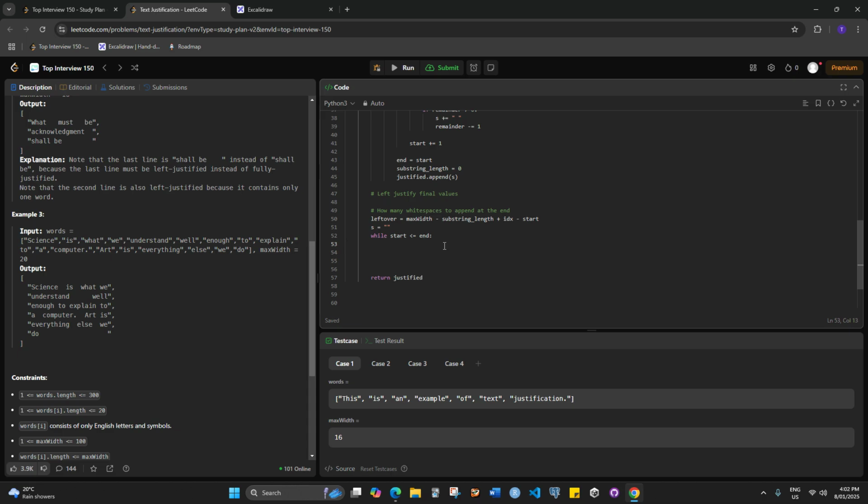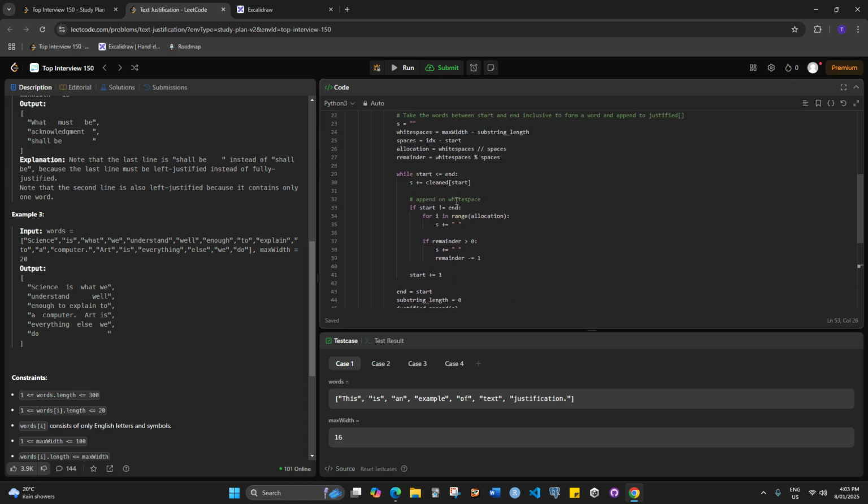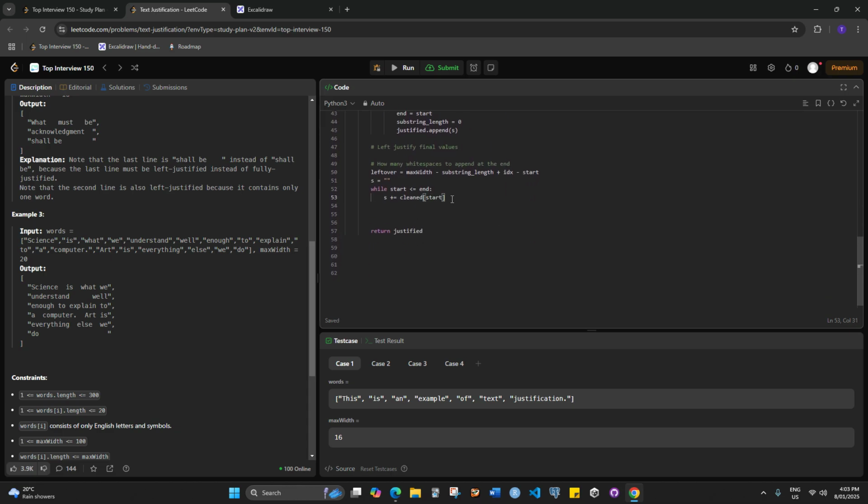While start is less than or equal to end, s plus equals cleaned start, and then we do s plus equals